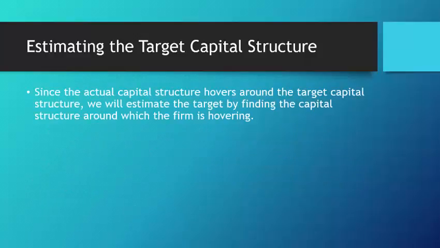The other problem that we're going to have with estimating the target capital structure is that the actual capital structure is not static, meaning it moves up and down and up and down over time. And because of that, we're going to have to figure out where the target is. But the theory, at least, suggests that these companies are hovering around the target capital structure. They may go a little higher, a little lower. Remember, they usually don't go too much further above the optimal capital structure,